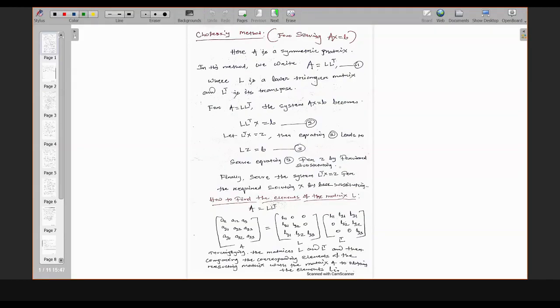So now you have to come to the Cholesky method. I will discuss only the basic principles of the Cholesky method. Today I will not solve any examples related to the Cholesky method. We can have the discussions in the next class, but you should know how it works, how this Cholesky method works for solving a system of equations.